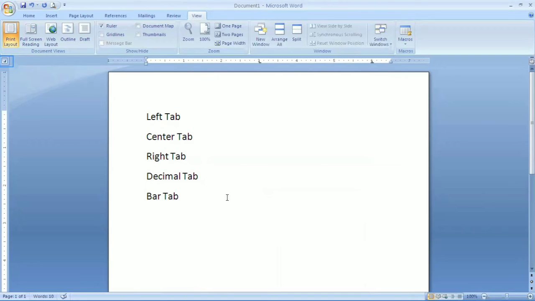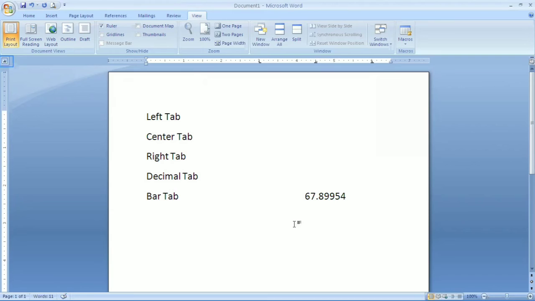So the next one is decimal tab. I'm just taking the decimal tab, click on it. Wherever I want to provide, just click over there. Press the tab key. Now write any decimal value.